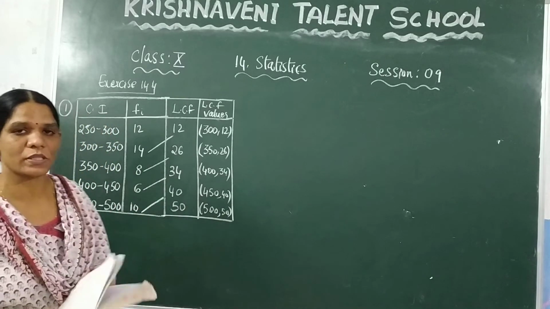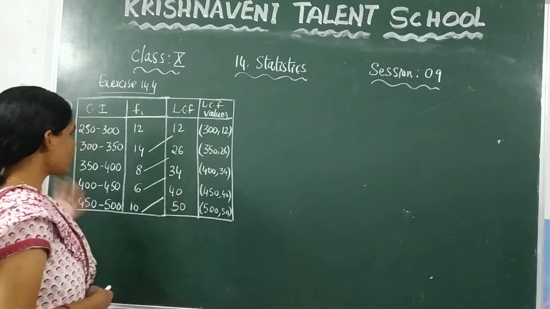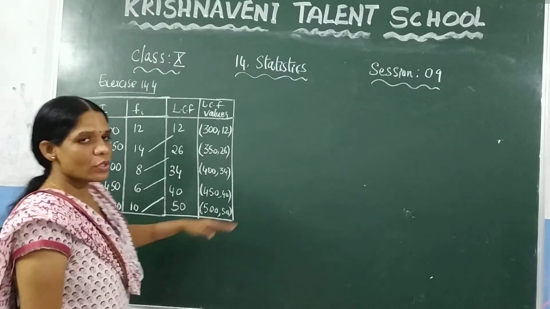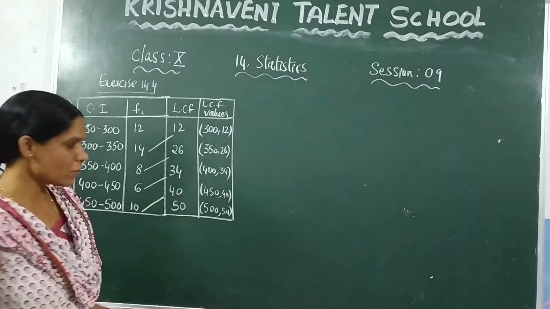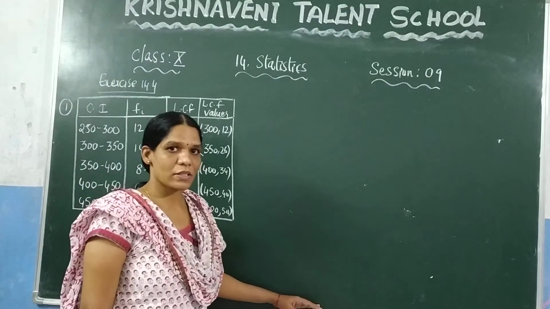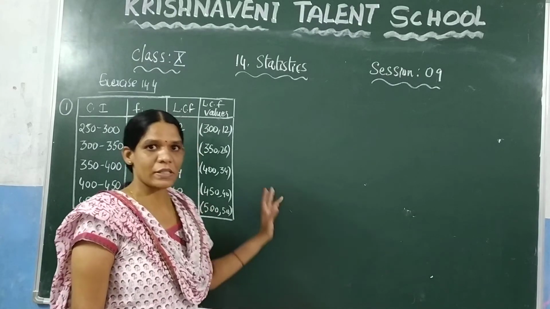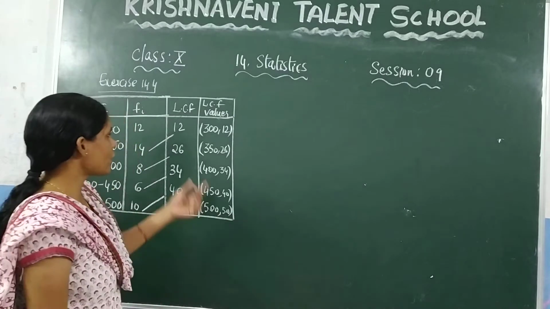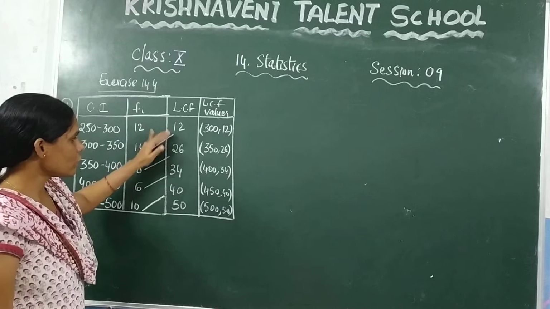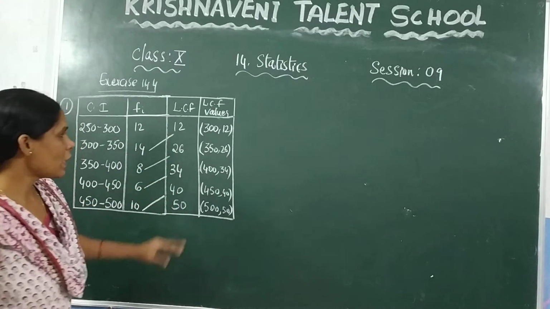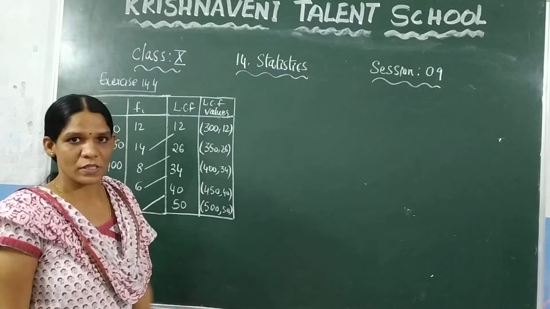So these you need to represent on a graph. So how do you represent this on a graph? First, they have given this data and they ask to draw the less than cumulative frequency curve. For the less than cumulative frequency curve, you need to take upper limits on the x-axis and less than cumulative frequencies on the y-axis. Since we need less than cumulative frequencies, we have calculated the less than cumulative frequency values. For that, you need to add from top to the bottom, and here we have written the coordinate points. Now we will represent this in a graph.